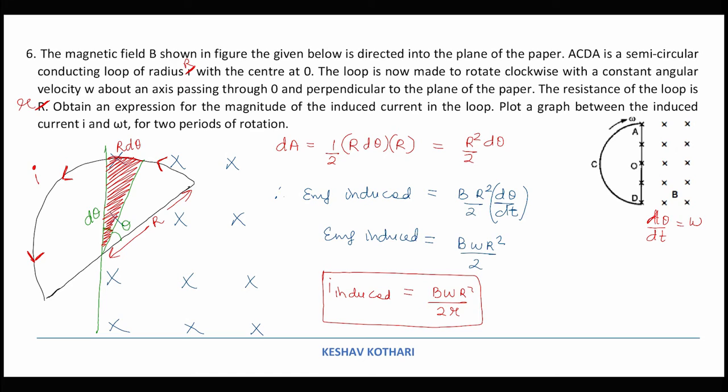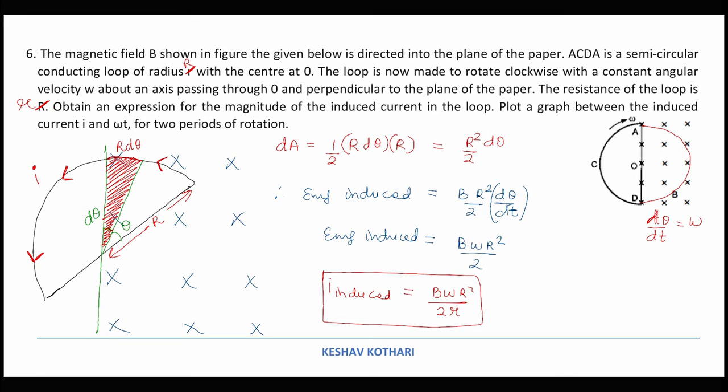So we have taken this radius as capital R and resistance as small r. So this is the current induced when the loop is getting introduced into this region of magnetic field. And now the next part which we say is, after the entire loop is introduced in the region of magnetic field, that is if I draw a system like this.